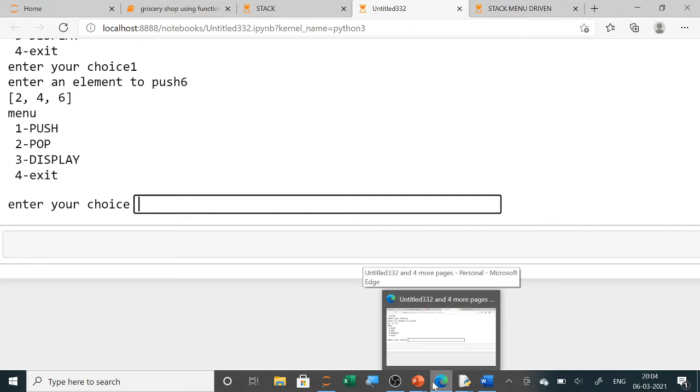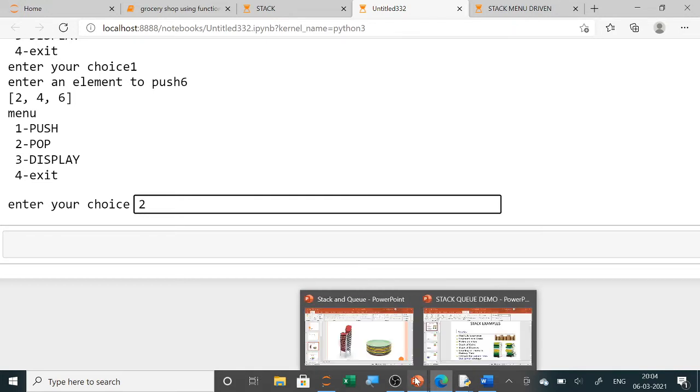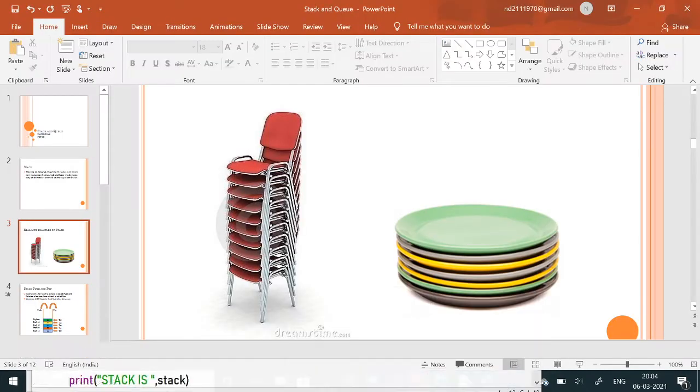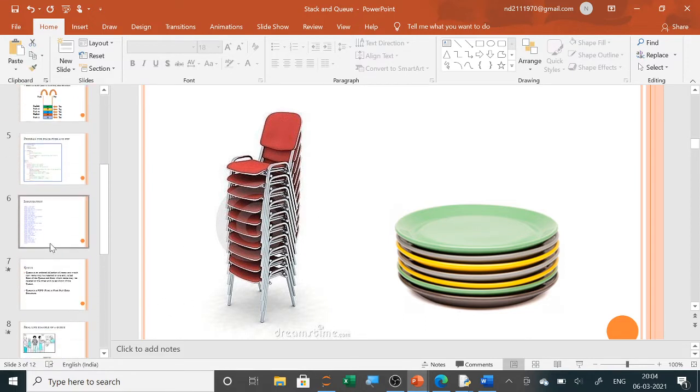अब जब हम डिस्प्ले कराएंगे तो 2 4 6 डिस्प्ले होगा, लेकिन जब हम पॉप करेंगे, 2 डालेंगे, तो लास्ट एलिमेंट जो हमने पुश किया 6 को, वो डिलीट होगा। तो अब मैं जब एंटर करूंगी तो 6 डिलीट हो जाएगा, 6 इज डिलीटेड, और हमारा 2 और 4 बचेगा। तो ये मेन है स्टैक का। स्टैक में हम देखे हैं कि जो लास्ट में हमारा इनपुट होता है वही पॉप आउट होता है। तो ये स्टैक है। क्यू जो होता है, क्यू में हमारा फर्स्ट इन फर्स्ट